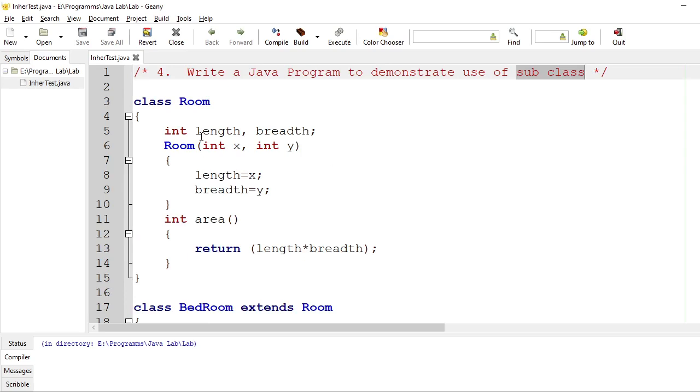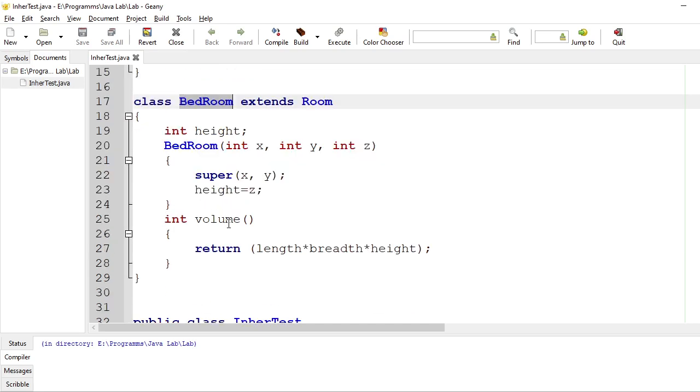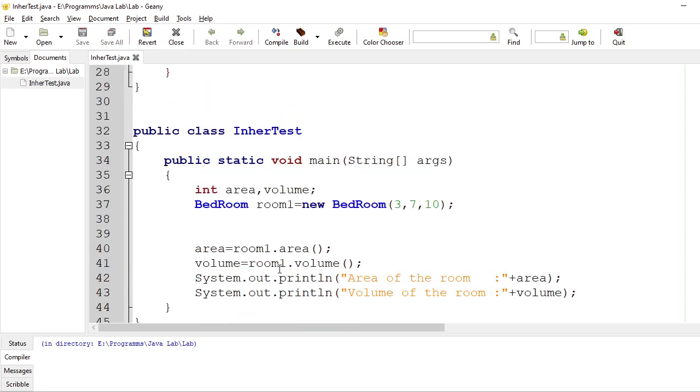I have to explain with some example here. For that, I have created a few classes. The first class I have created is called room, and using that room class, I will create one more class called bedroom. I have created one object of that bedroom and will display how to use inheritance.